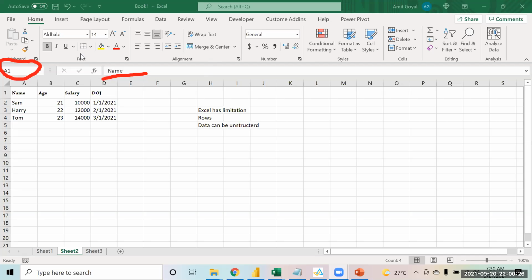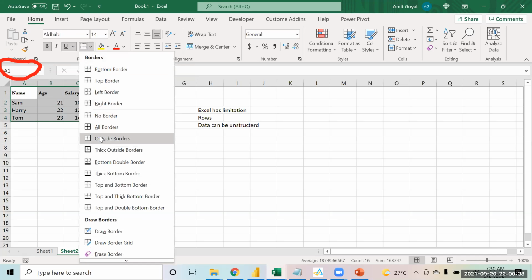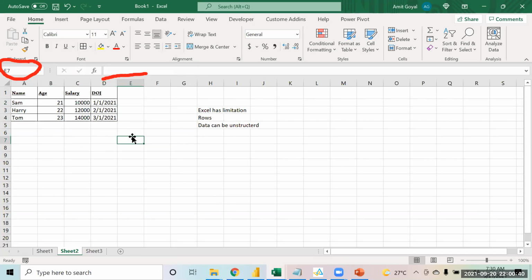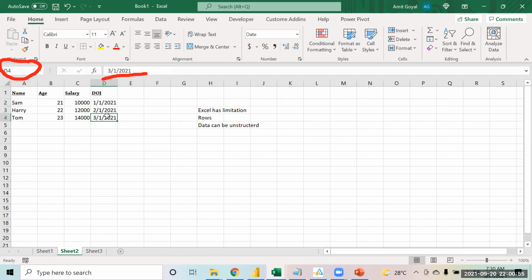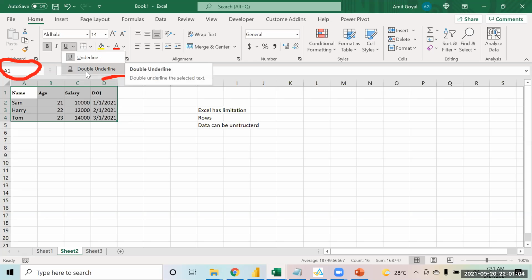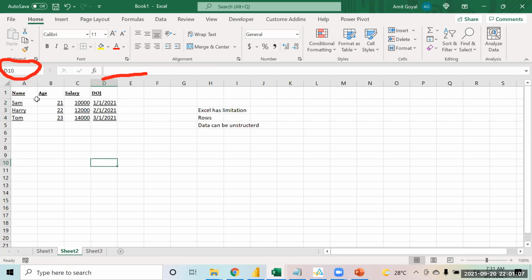Right. If you come over here, right, you want to underline something, you can do this also, right? You want to apply some borders, you can select the range. You have these borders you can apply, right? All borders. So there are a variety of borders that you can apply over here, right? You want to apply the border at the bottom, top border, left border, right border, no border. You want to remove the borders, so you can remove them as well. So there are a lot of options to apply the borders itself over here. Underline, you want to underline single or you want to underline double, so you can do that as well.